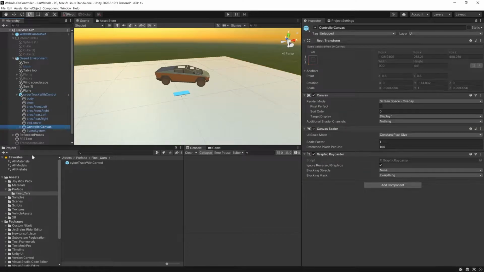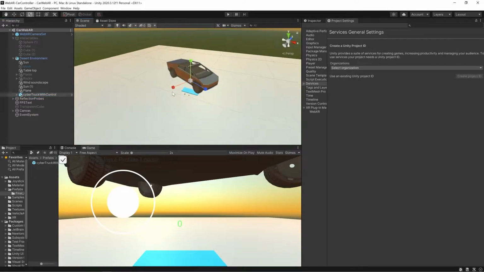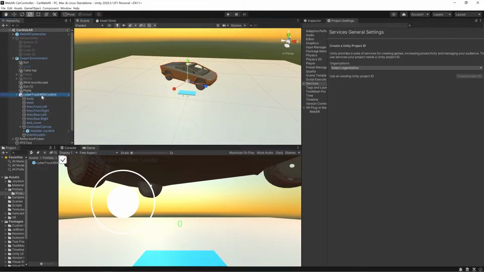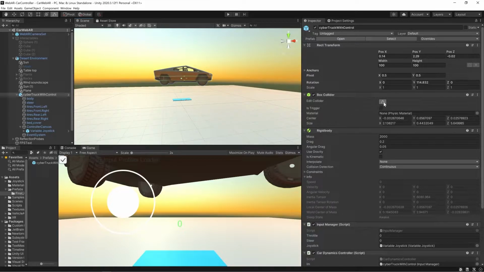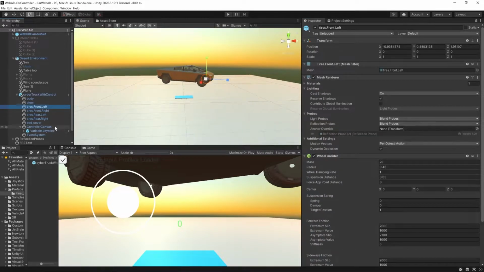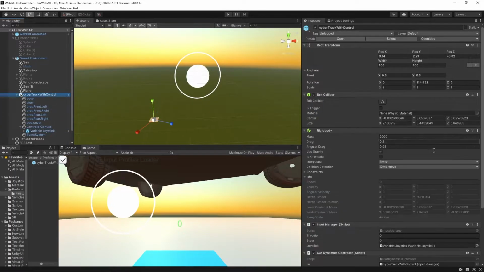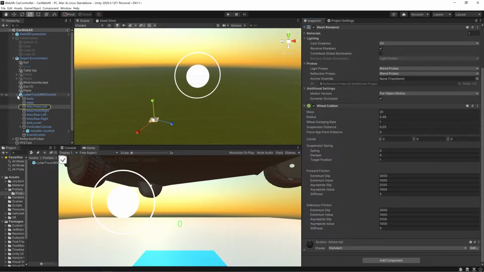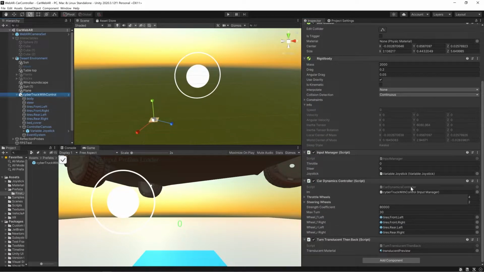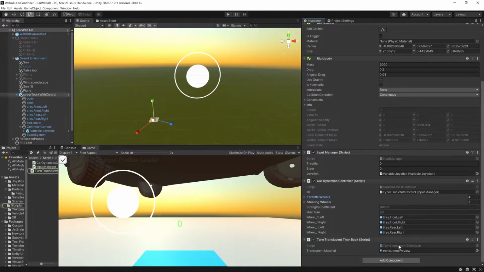You can see here there are tires and canvas and everything which will have the joystick. I'm keeping it at some height so that it will give that drop effect when I'm trying to place it. It has the box collider and the input manager, car dynamic controller and everything which has the car dynamics. You can see here, everything is available. If you want to understand, you can go through the scripts, but for this particular tutorial, I'm not going through those things, but we can cover those in future releases.